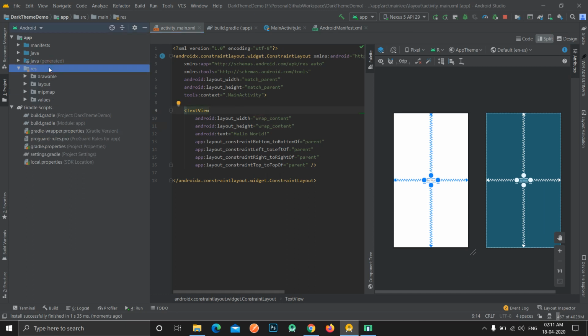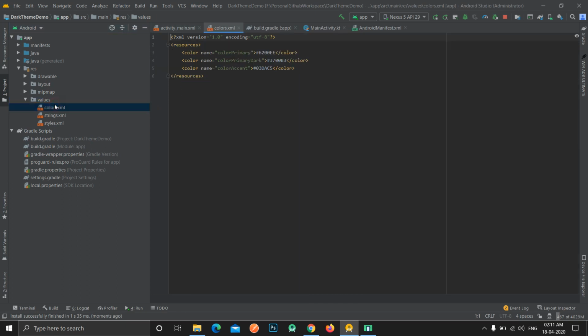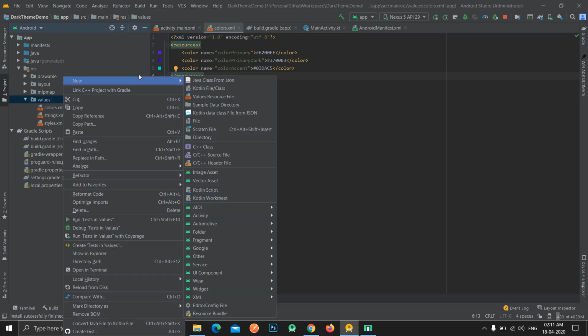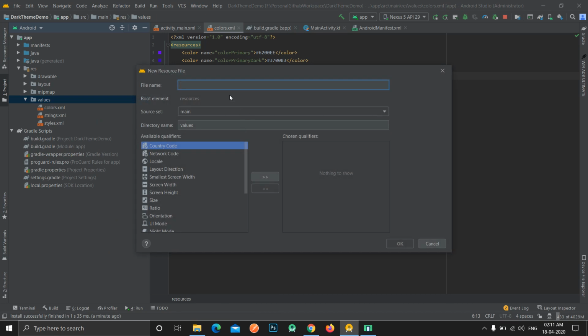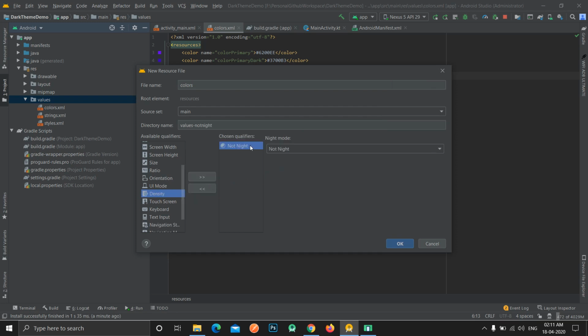We will have to go to the resource folder, and values. As we know, every color is defined in this file, so we will right click over this, go to new value resource file, and type here colors, the same name as this XML file. Then we will scroll and go to the night mode, click this button, then click on night.